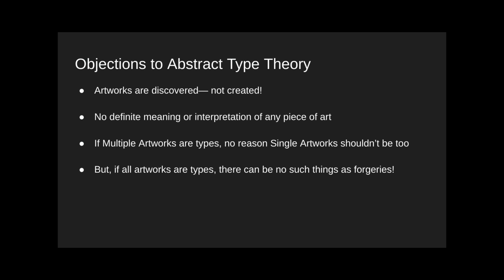Just like a musician would discover a song, play one version of it, record it to a CD, and somebody breaks the CD, no problem, they haven't destroyed the song, they just make another copy of the master CD, and boom, you've got the same song, because the artwork itself is just this abstract thing that isn't tied to any physical object. But if that's true of the Mona Lisa, it's kind of weird why people care so much